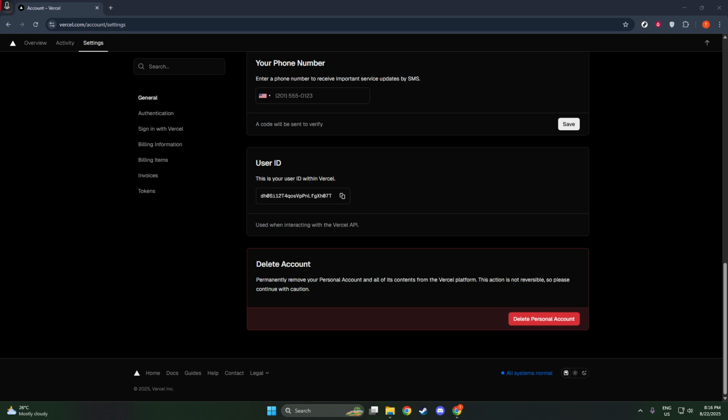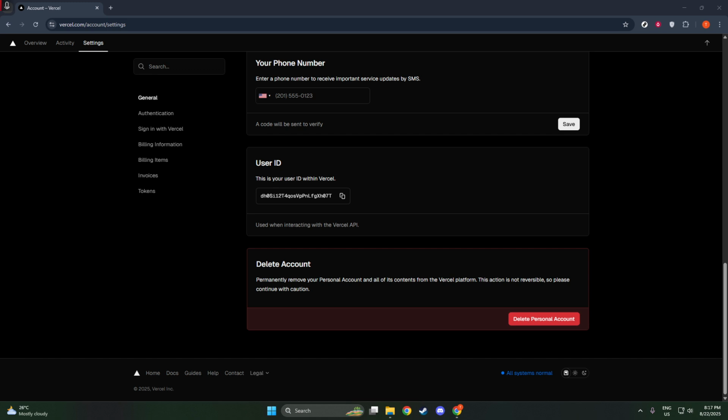Once you're in the Delete Account section, you will be looking for a button labeled Delete Personal Account. Clicking this button will initiate the process of deleting your Vercel account. But hold on just a moment before clicking away. It's important to be aware of the confirmation details that pop up next. These details will outline the implications of deleting your account, which is essential because these changes are irreversible. Make sure to review these details thoroughly to understand fully what account deletion will mean for your projects and data